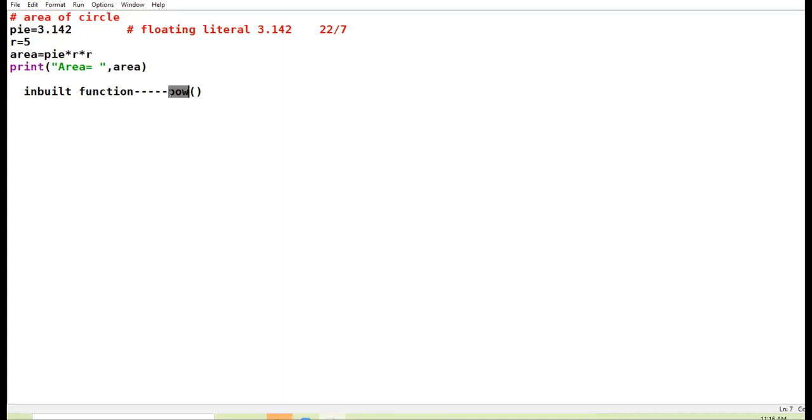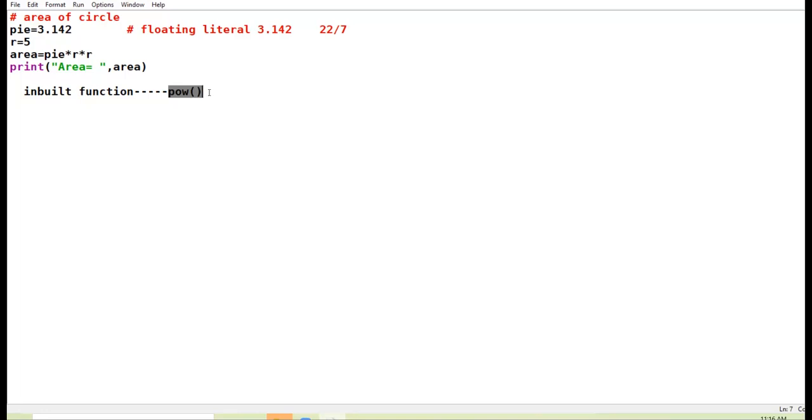Now this power function is the inbuilt function, and such functions are stored in some library. ये किसी मॉड्यूल में स्टोर होते हैं. They are stored in some module, and we have to import that module into our program if we want to use these inbuilt functions.